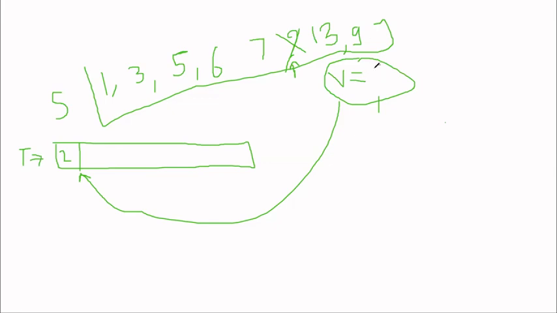So 9 will be in the V variable. Again 9 is greater than the top of the stack, it is fine. I will add 9 here. I'll pop 9 from here as well. I'll store 13 in this variable, and after storing 13 I'll pop 13 as well from here. Now 13 is greater than 9 because the top of this temporary stack is 9. So 13 is greater than 9. Yes, of course, I'll push 13 here.